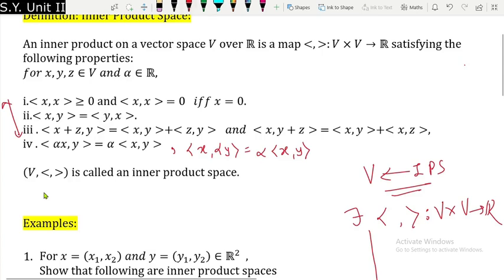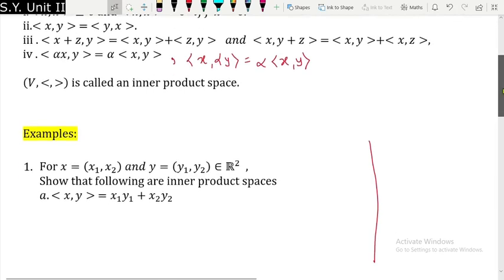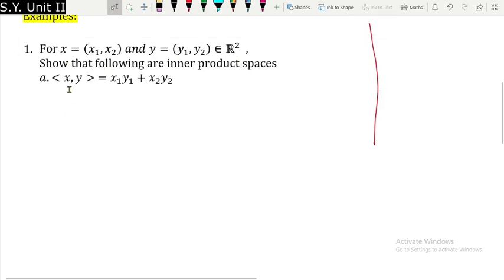Is that okay? So now let us go for a few examples of inner product spaces where we have to verify all these properties. So the first example that we are going to discuss is we are going to prove that R2 is an inner product space, and this idea can be extended to R raised to n also. How it can be extended I will tell you. Now what is done here is two elements from R2 have been taken, x = (x1, x2) and y = (y1, y2) belonging to R2. Then see how this inner product is defined. x1 multiplied by y1 plus x2 multiplied by y2, means the product of the first coordinates has been taken plus the product of the second coordinates has been taken.